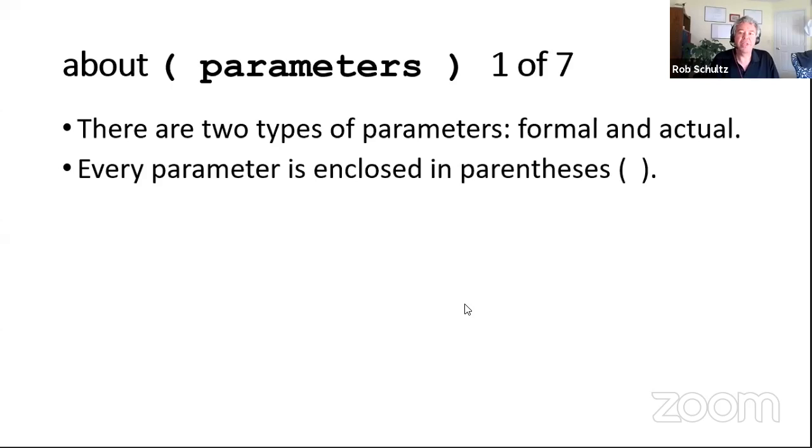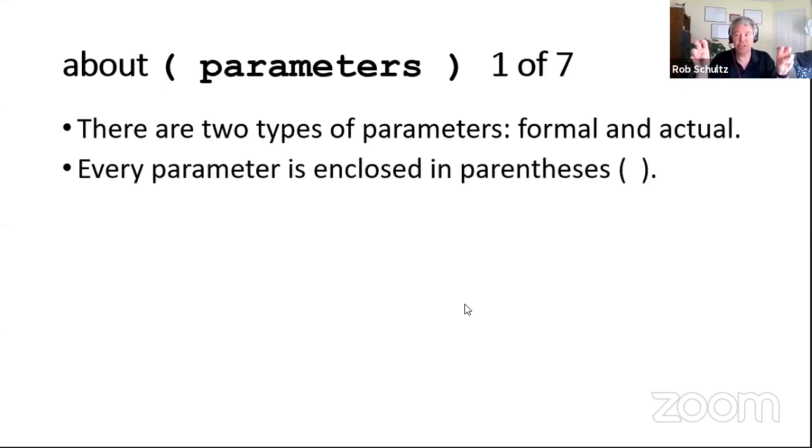So as we think about formal parameters versus actual parameters, the formal parameters are in a class where we are defining the formal declaration of what those parameters are going to be. For example, I might have a method that I'm declaring and I specify in parentheses that I need a string X. Well, I'm formally declaring that I need a string. The actual parameters are going to be in the client when I call that method and I say that I want to pass in the string Bo or the string JJ.